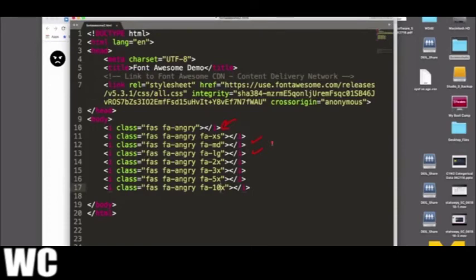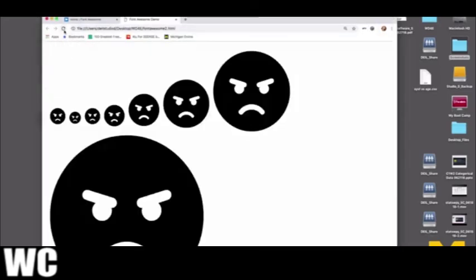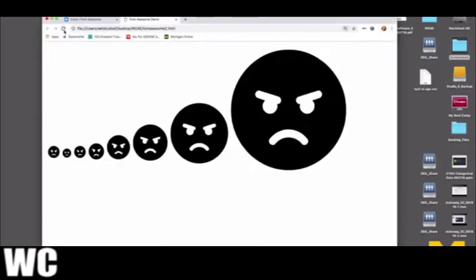So now, if I look at the page again, it's definitely going to look a little bit different. In fact, it's way too big for the screen, so let me make it a little bit smaller. And there you have it. We have the icons with different sizes. Angry face clearly isn't the only one you can do. Some of the more popular ones you might see include